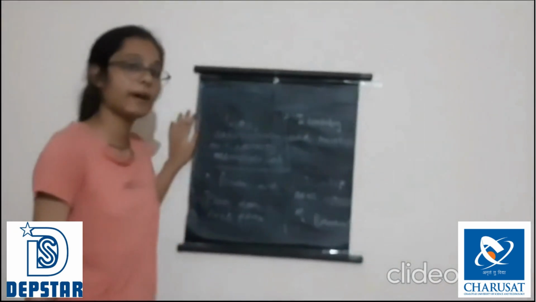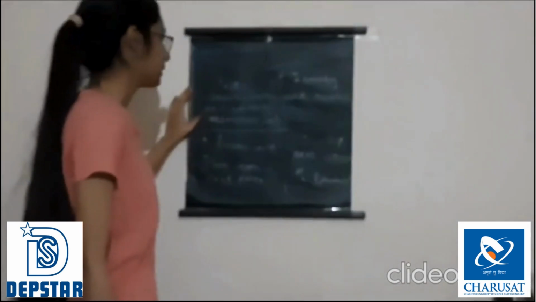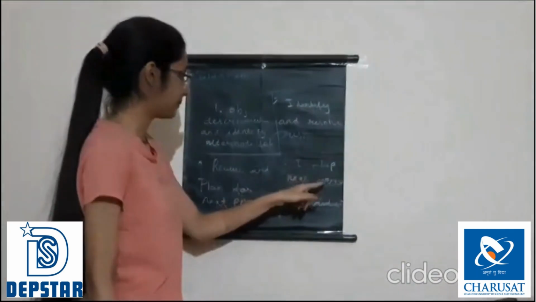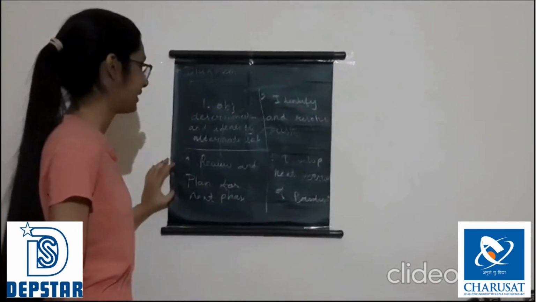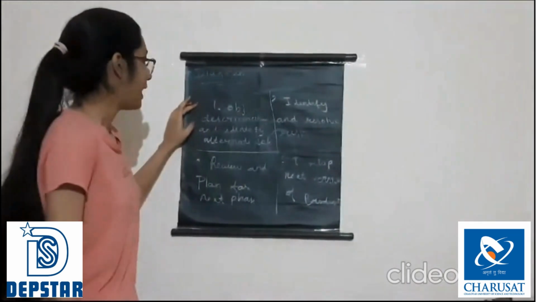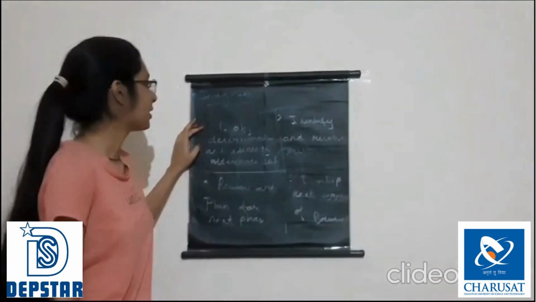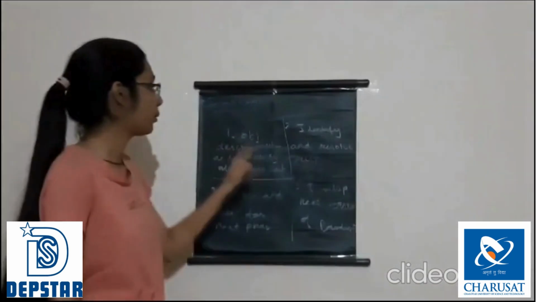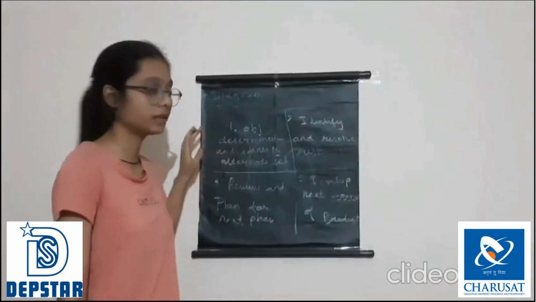This is the diagram of spiral model. First, we have objective determination and identifying alternative solutions. Second, identify and resolve risk. Third is develop the next version of the product. And fourth is review and plan for the next phase. In the first quadrant, requirements are gathered from the customers and evaluated, and alternative possible ways are proposed.